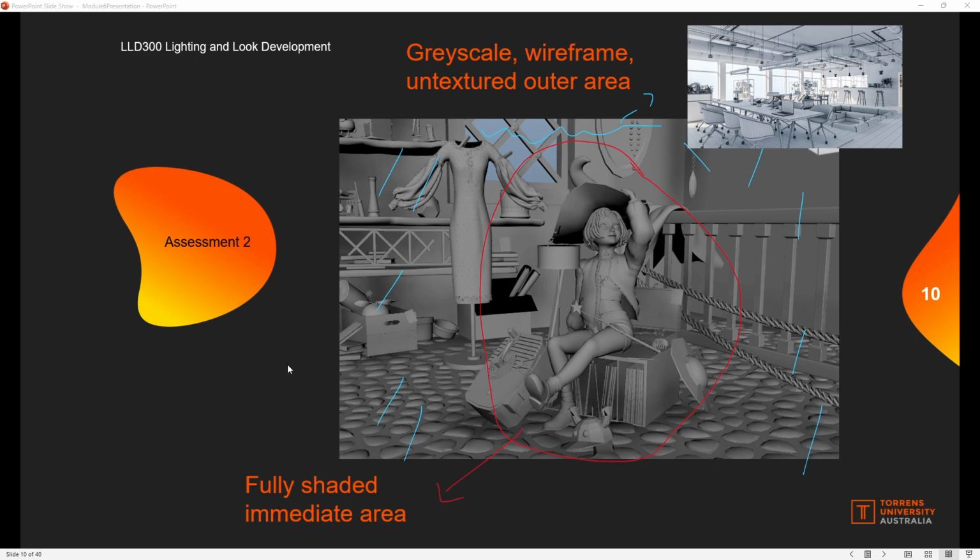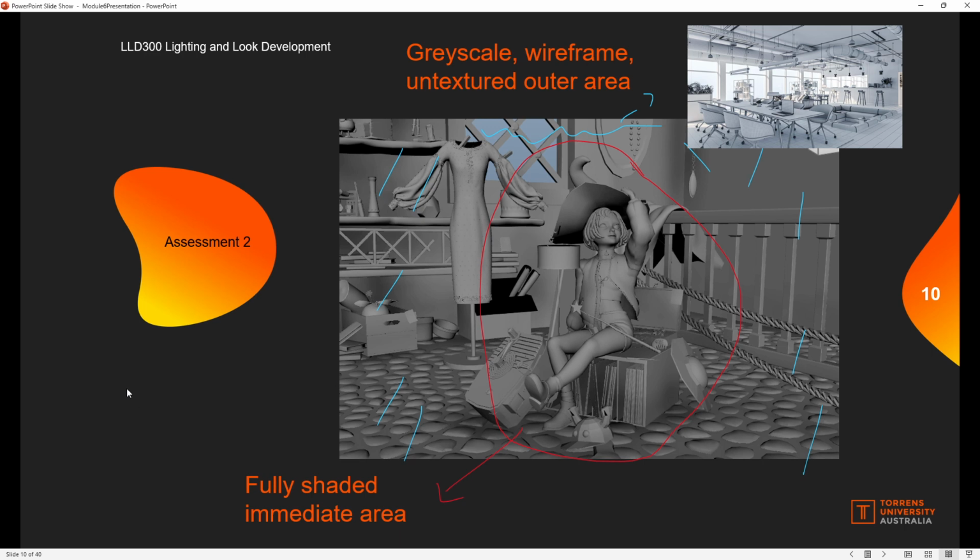And again, we have to stick with the direction. And the reason why we're sticking to the direction is that's exactly what you end up doing when you're working, right? So when you're in production, unless you're doing your own stuff, you will be following the artistic direction or the production design for your project. Okay, so that means you need to be able to implement a particular look if you're a look development artist. Okay, so with that said,